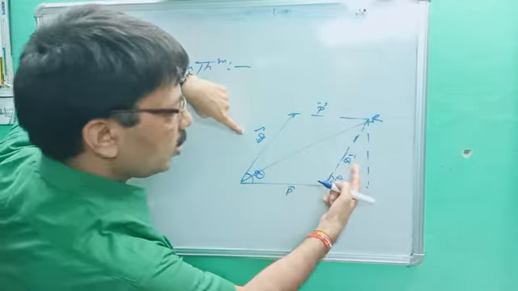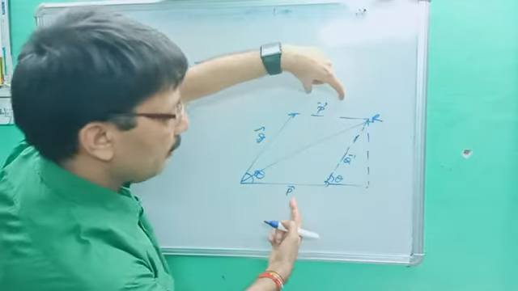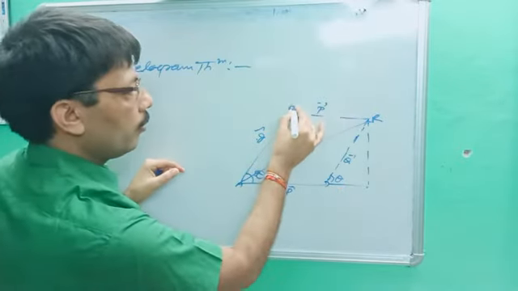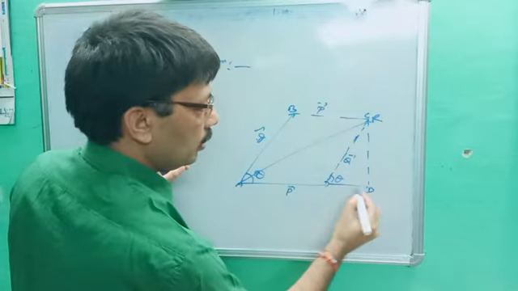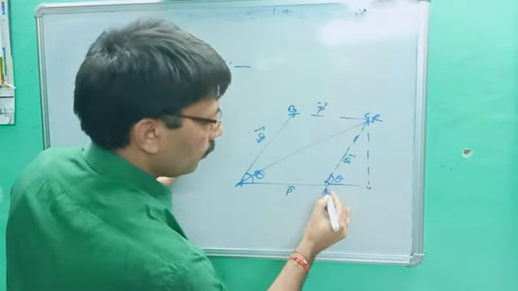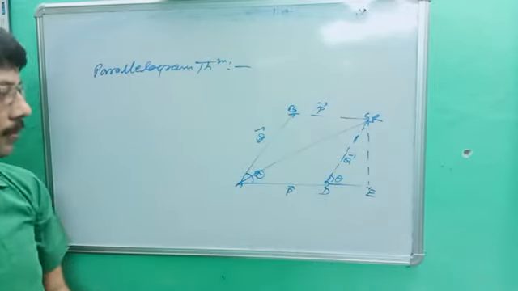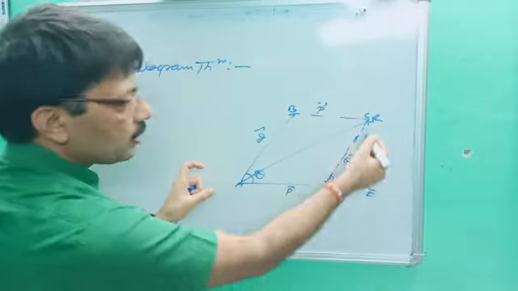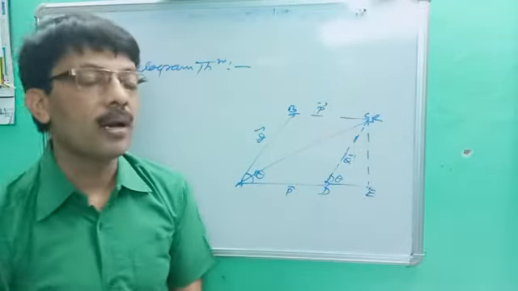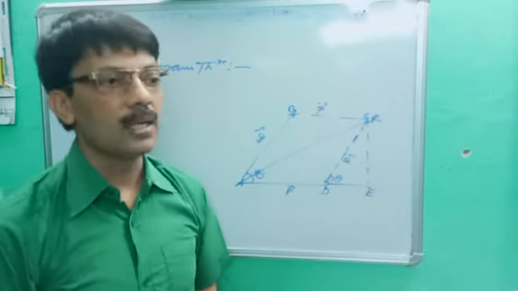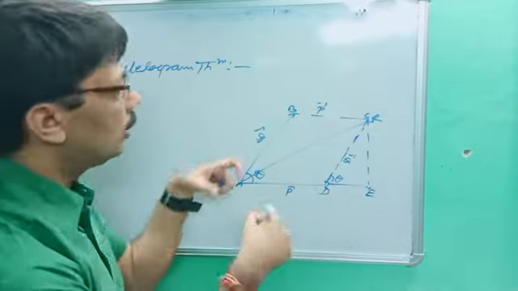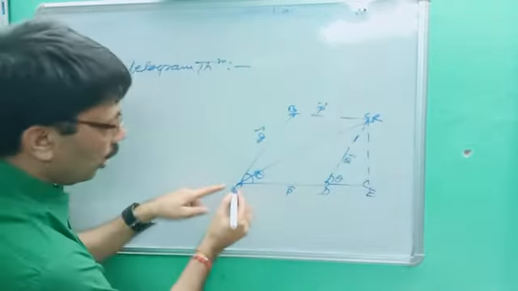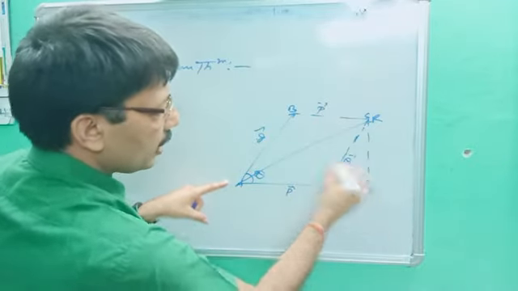So we have designed Q vector parallel to P vector, so that will be P vector. This angle is theta, no doubt this angle will be theta. Let's suppose these points are called A, B, C, D and E. Make the design A, B, C, D, E. Okay. So I have traced the design with a dotted line because I am trying to find out for 90 degree, because for 90 degree the formula is very clear, that is called Pythagoras theorem. So first we apply the Pythagoras, then we apply it in the parallelogram as a general form. Okay, since this angle is 90 degree, our triangle is ACE. You can see there, this is 90 degree.